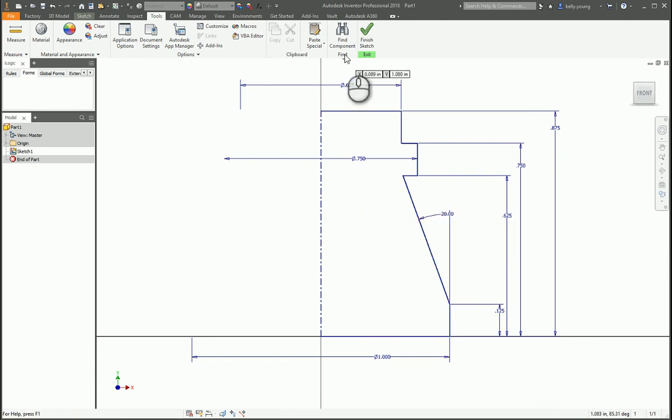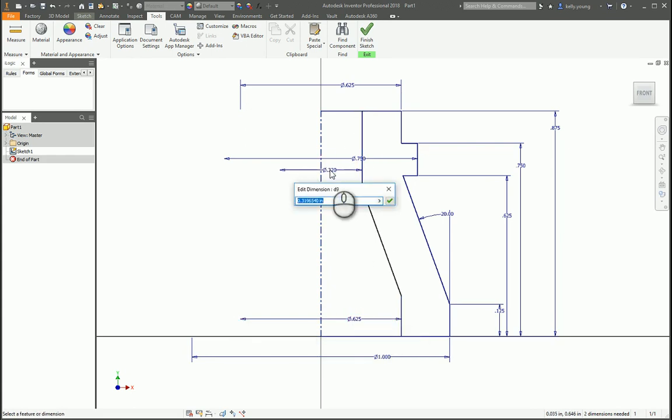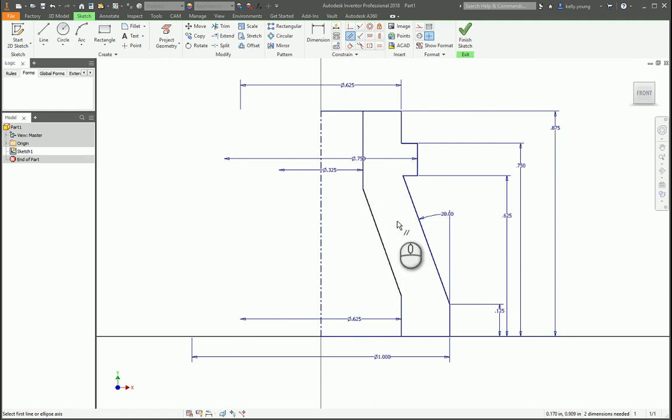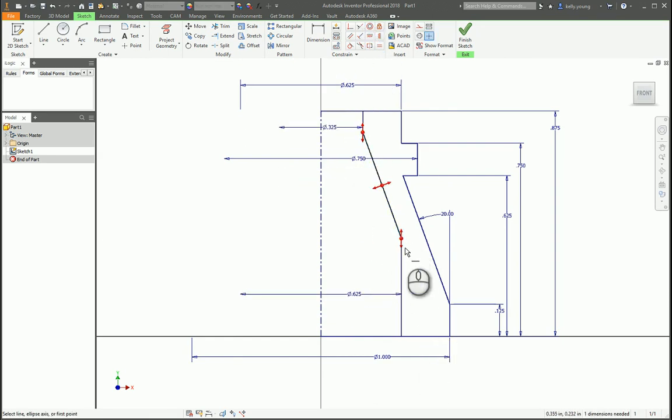If we wanted to make our inside come in and then taper out and then come down, depending on what you've got going on, 625, make this 0.325. We can either say, okay, let's make this the same, or instead go to our sketch commands and make these parallel to each other. We still have one more dimension needed, and this can still go up and down. If we want to have these in line with each other,